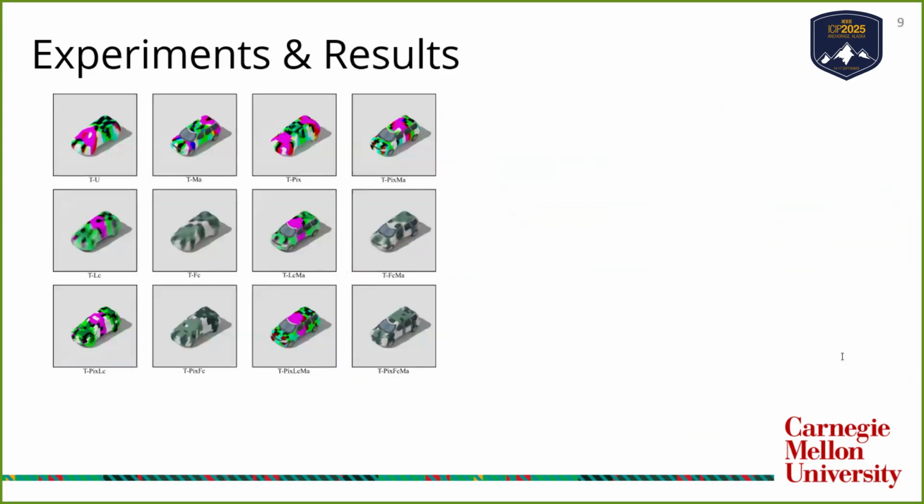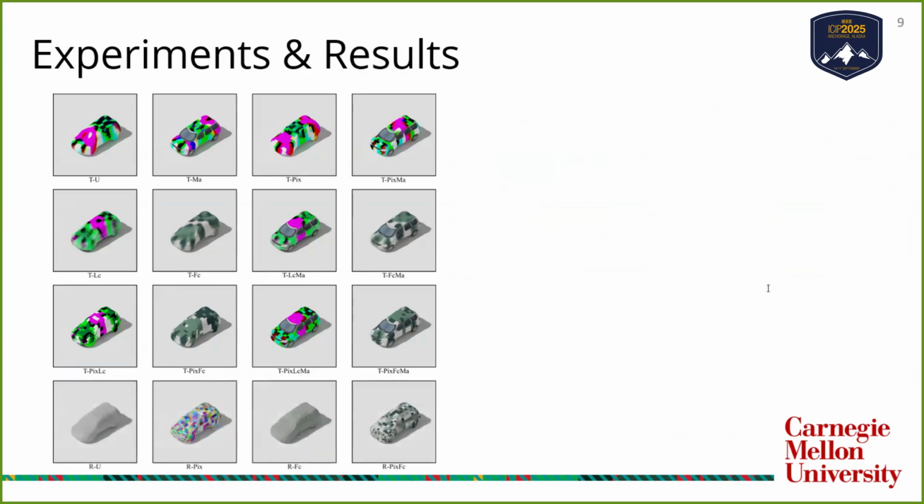This slide shows all 12 optimized texture camouflages we produced under different constraint combinations, including pixelization, masking, and color limits. The goal here is to give a visual sense of how constraints impact not just practicality, but also the structure of the textures themselves. When we compare these to random textures under the same constraints, the difference is clear. Random textures look noisy or repetitive, but they lack the adversarial structure that the optimized ones develop. This highlights that constraints alone aren't enough.